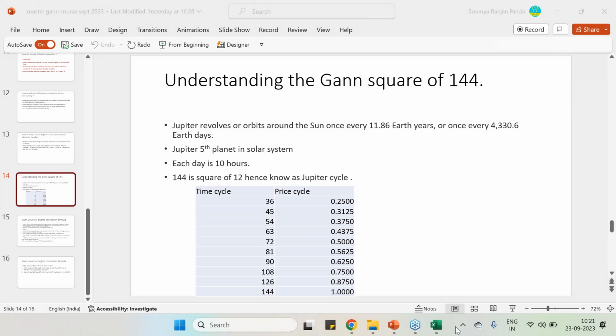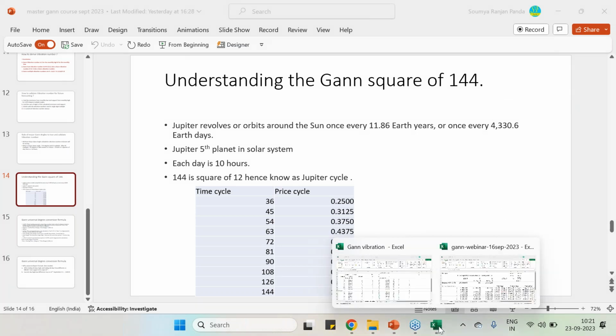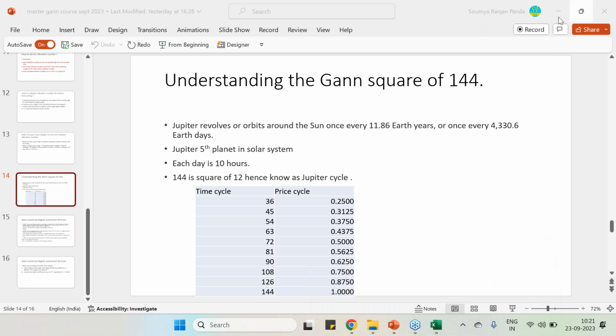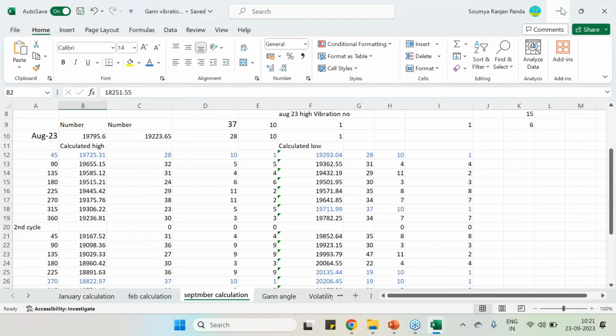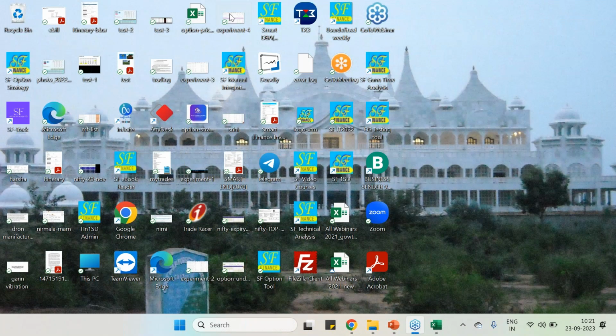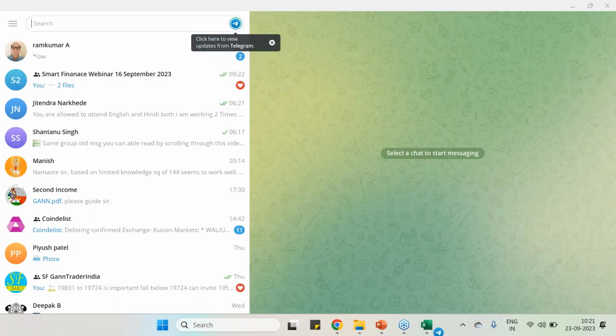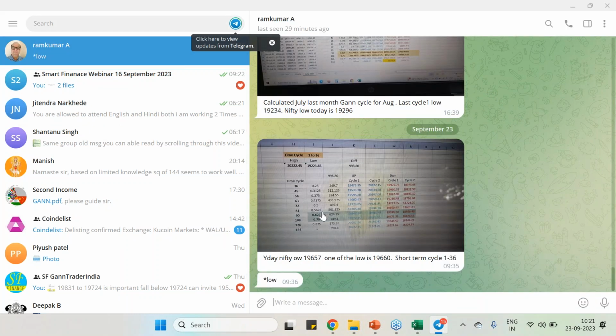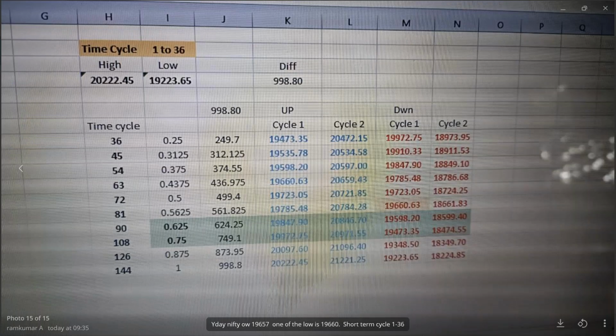We can do price estimations and time estimations, both things we will do. This square of 144 is being widely used by many of our traders, like Mr. Ramkumar ji, who is in today's webinar. He also has a square of 144. He has time cycles: up cycle, down cycle, everything he has calculated. You can see here time cycles and price cycles he has calculated, and his calculations have